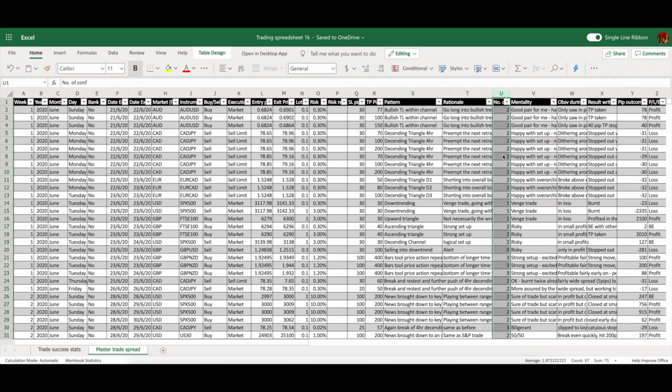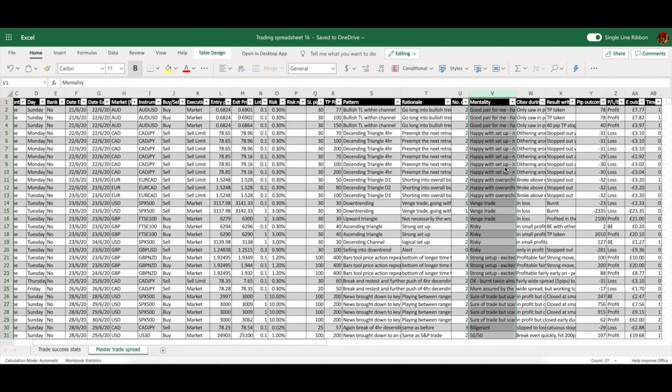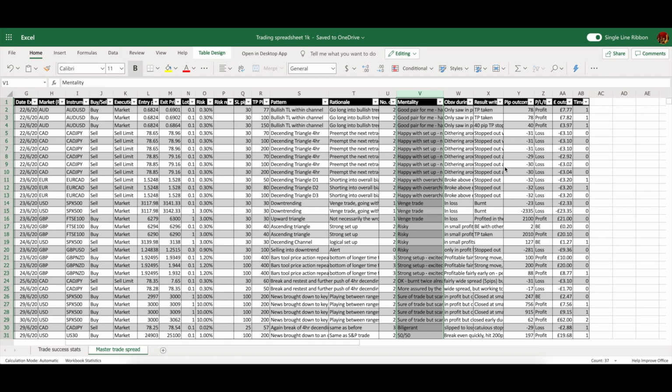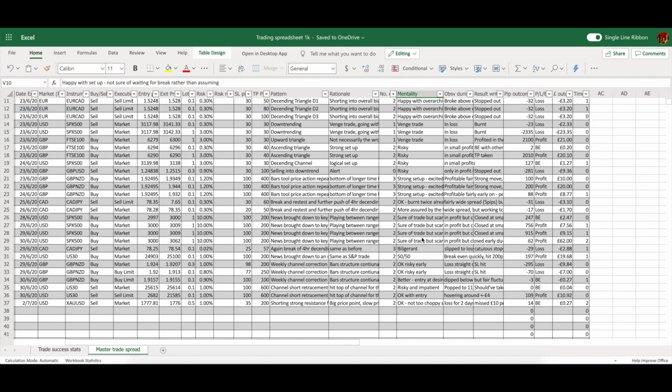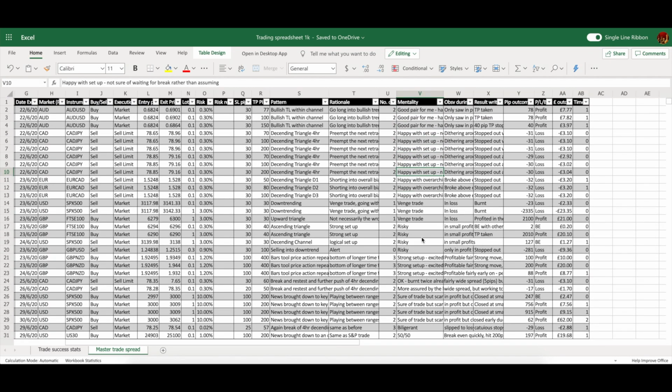So generally speaking, the more the merrier, but I tend to be happy if I've got 2+, but obviously I'm working on getting more. The mentality is a key one for me, because I do think that I put this in real time. Obviously, like I said, I've got a bit of a backlog, but I've noted it down on paper. I just haven't put it in the spreadsheet. But here you can see,